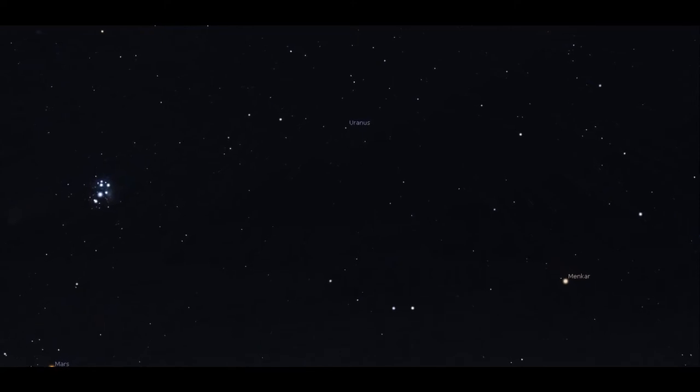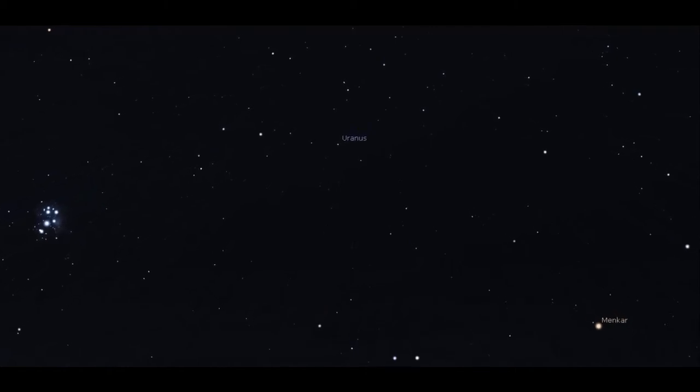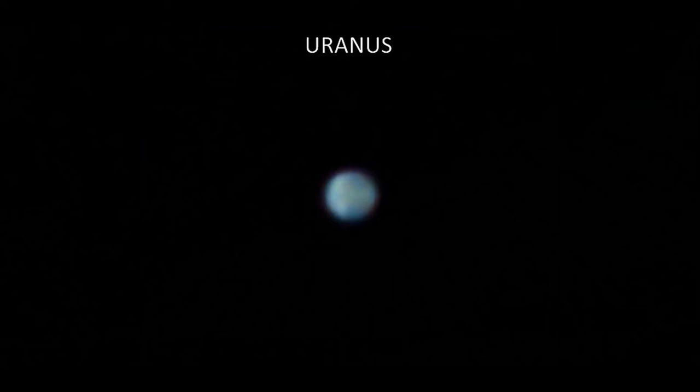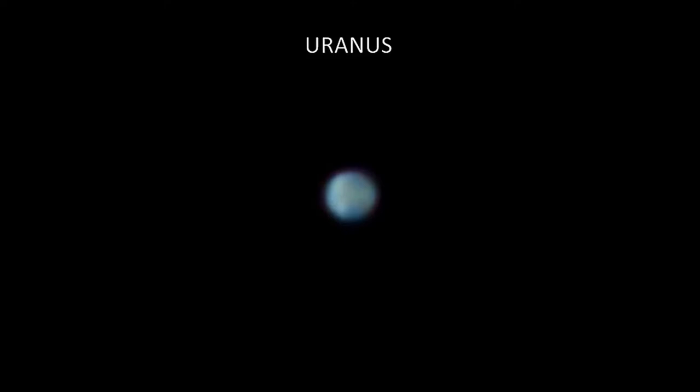On September 1st, Uranus rises around 10:15 p.m., but it is best viewed well after midnight. At 5 a.m. on the 1st, Uranus will be about 65 degrees above the southern horizon and will be glowing dimly at magnitude 5.76. From a very dark rural location, you might be able to glimpse it with the naked eye. Any binoculars or telescope will be able to reveal Uranus, but it will appear relatively small, spanning only about 3.5 arcseconds. By the end of the month, it rises at around 8:15 p.m., making it easier to view